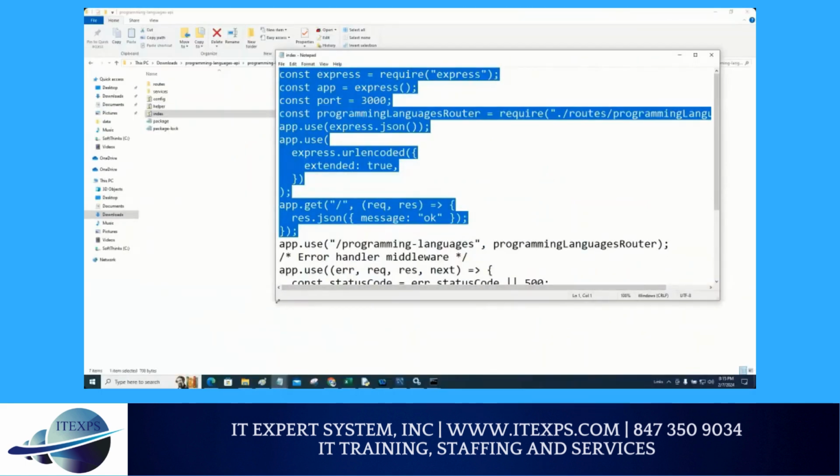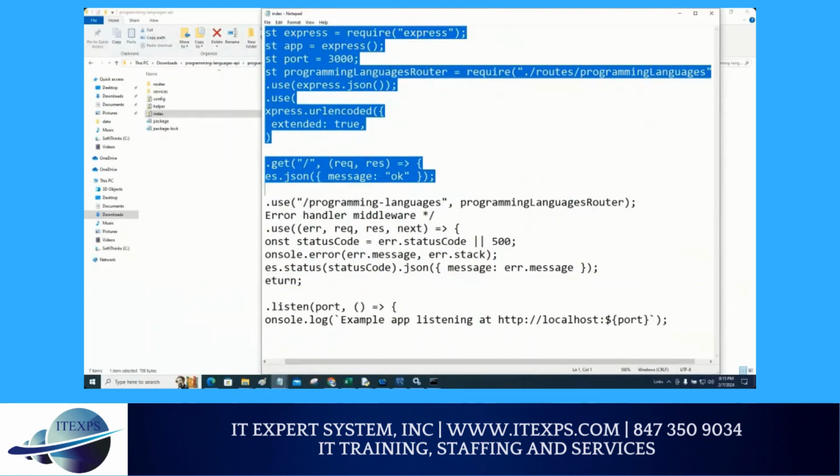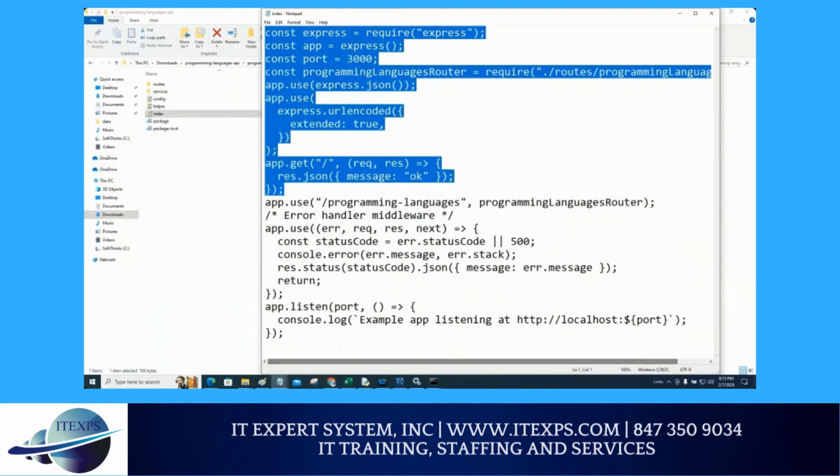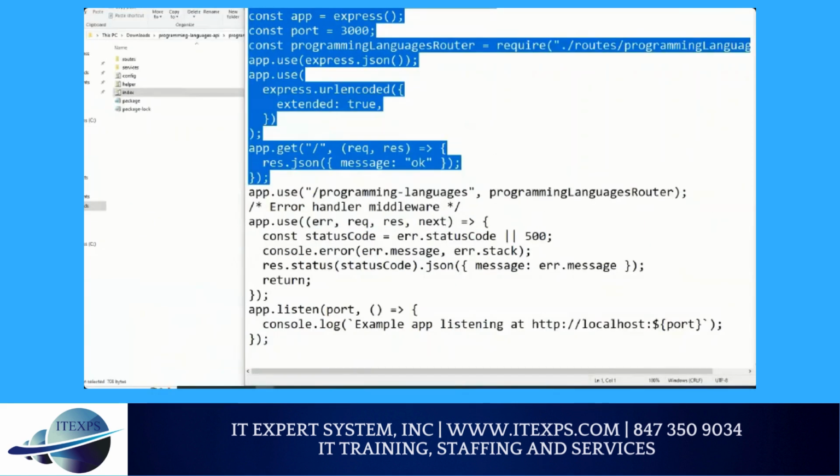But then, beneath this, there is an additional thing we have done, which I want you to understand. Please pay attention. What we are saying here: Express, we are creating Express as an application. So we are saying application use. If somebody writes this line, initially we were looking at this thing, but if somebody writes this thing,